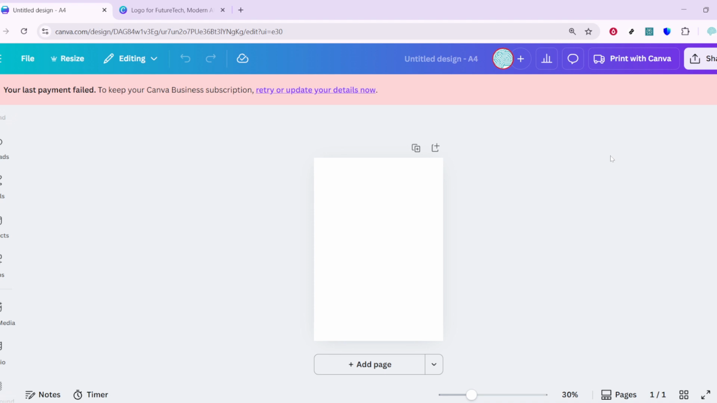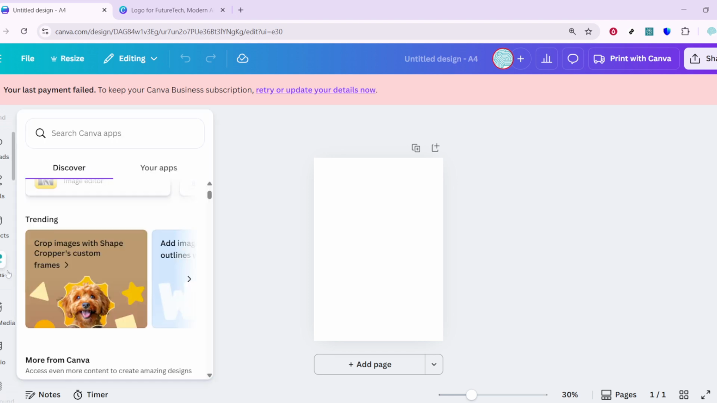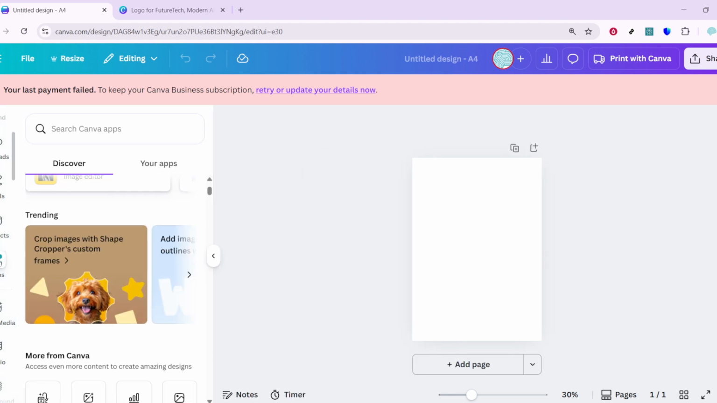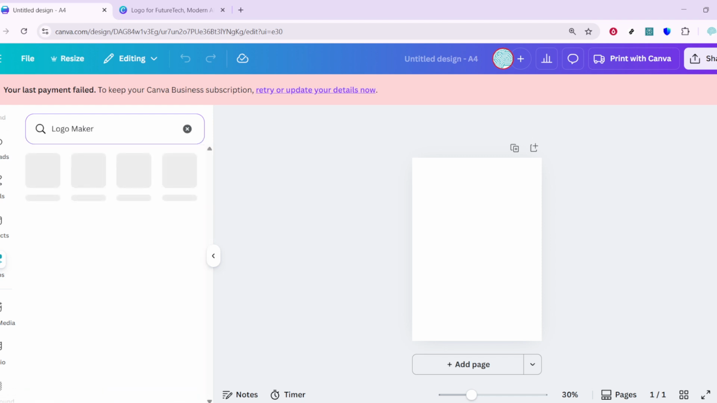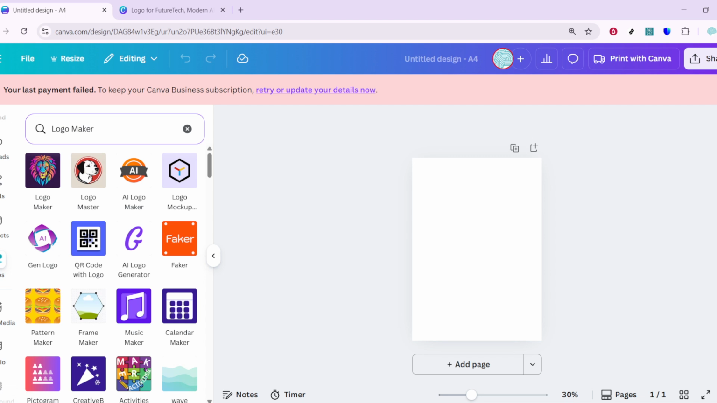feels like your brand. Start by opening Canva and logging in. You can use the website or the desktop or mobile app, whatever you prefer. Once you're on the home page, you'll see a left sidebar. Click on Apps. This is where Canva keeps all its AI tools and integrations, and it's the fastest way to find the logo generator. In the Apps panel, use the search bar to look for AI Logo Generator or Logo Maker and open it. Both will guide you through a similar flow, and the AI option is great for quickly